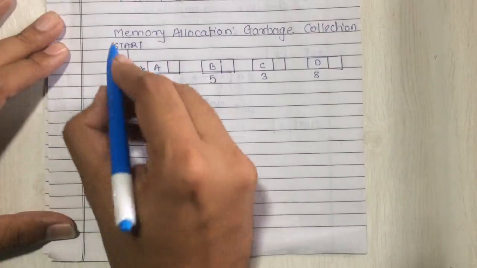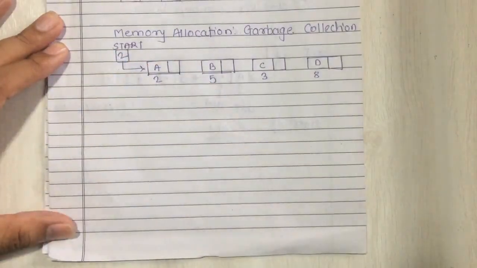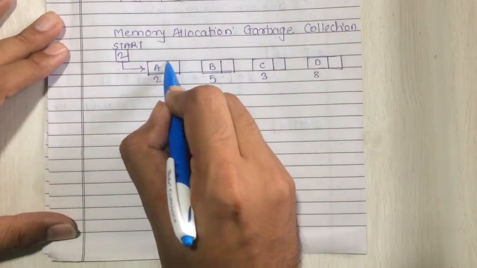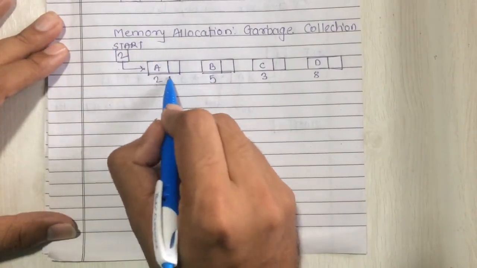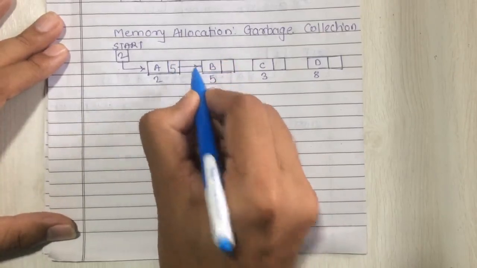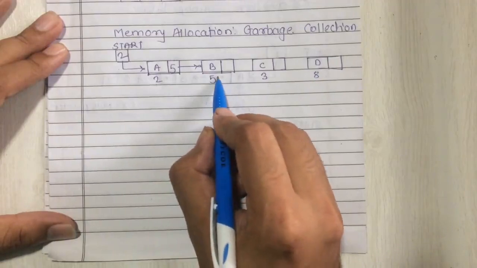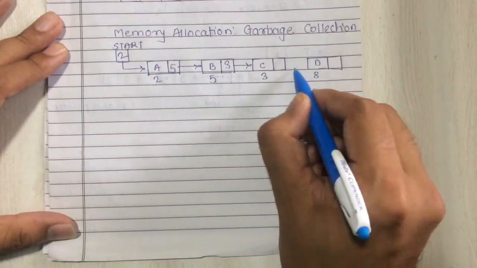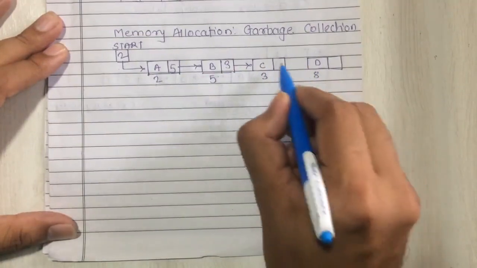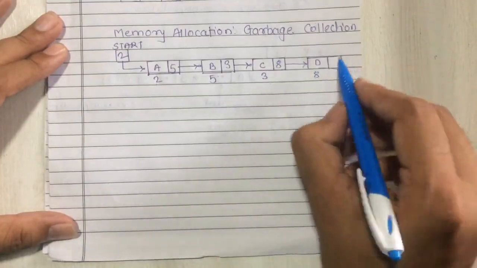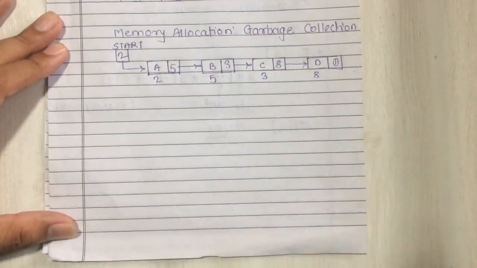2 will hold the address of the first node, so 2 will come over here. Start will hold the address of 2. The link section of this first node will hold the address of the next node. The address of the next node is 5, so 5 will come over here. So this will link with this one. Then the second node will hold the address of the third node, so 3 will come over here. The third will hold the address of the fourth node, so 8 will come over here. And this is the last node. No node is present after this, so it will simply hold null. Okay, till this you have an idea.